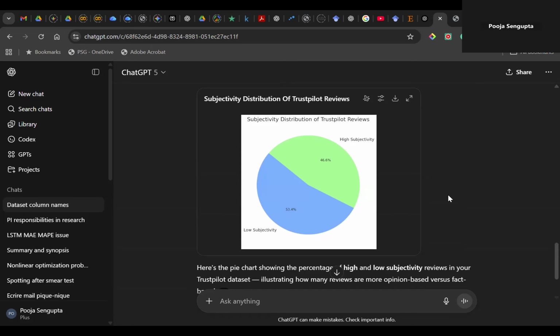So here we have a pie chart showing us that about 53.4% of the reviews were low subjectivity and 46.6%